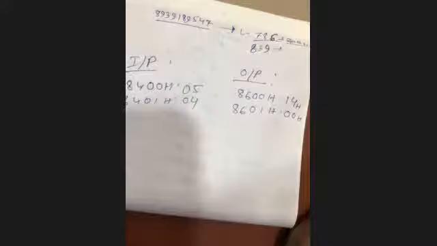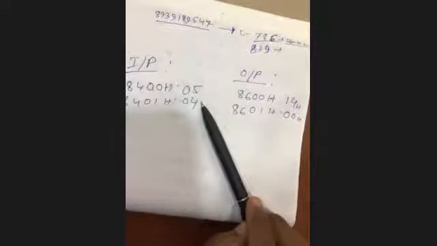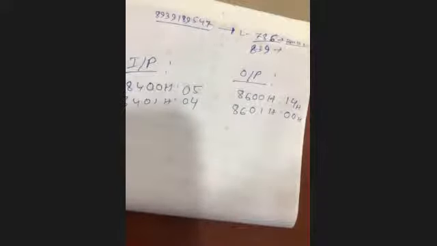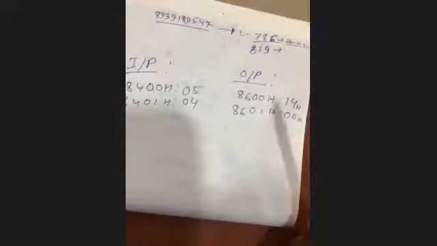If I am doing number 5 added 4 times or number 4 added 5 times, it can be possible. Yes, it will be possible. There are no multiplication instructions in 8085. That's why we are doing the same. We add 5 four times or 4 five times. Is it clear? Yes, sir.